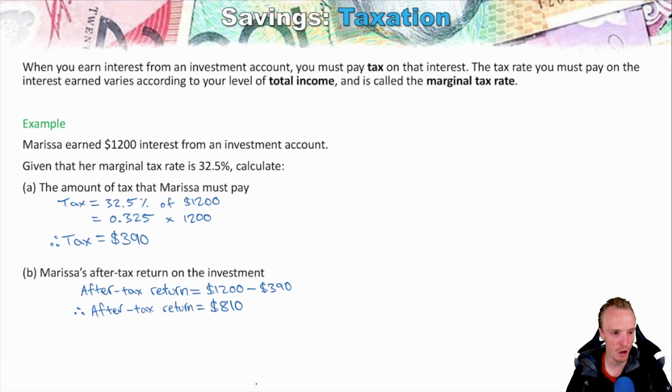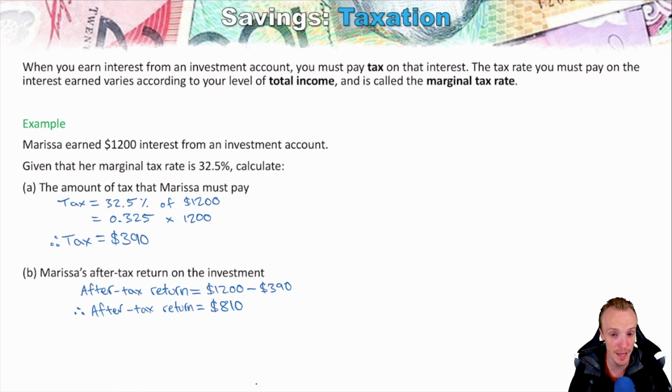So that's, I guess, the common questions that you're going to be asked here when you're looking at tax. Now, like I said, we're not going to be looking at what the tax brackets are, and it's something that you don't need to know off by heart because they do change. What you might need to do is, if they give you tax brackets and tell you what Marissa's income currently is, you might need to compare that to the tax bracket and then work out what her marginal tax rate is, and then apply it that way. But they will always give you the information to what the marginal tax rate is. You're expected to know how to calculate the tax from there.